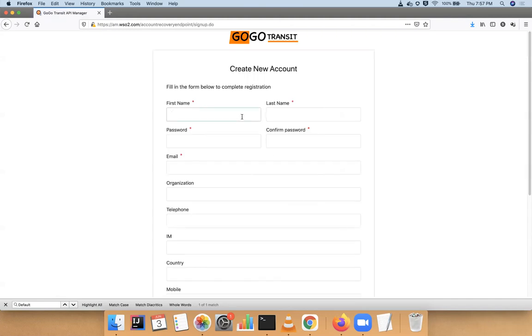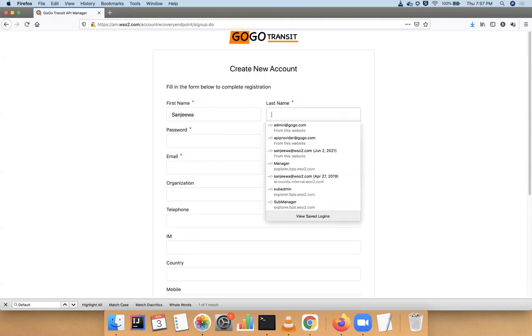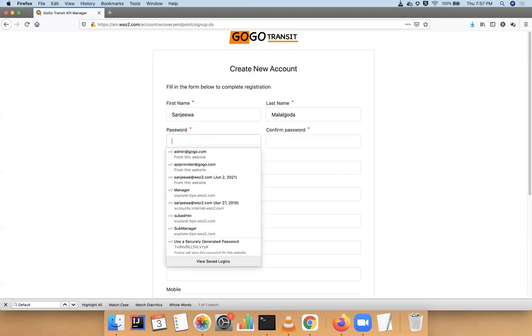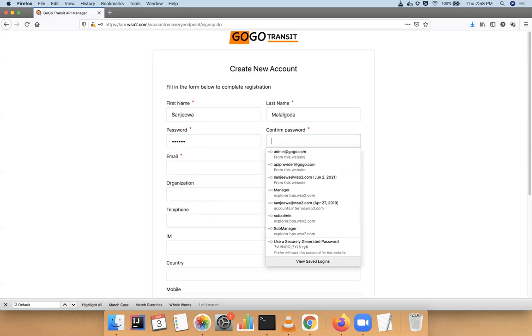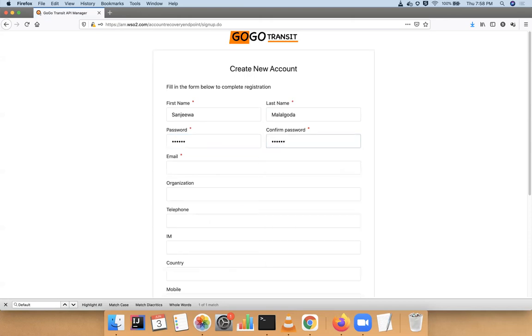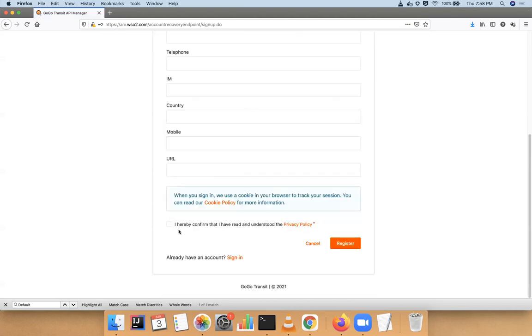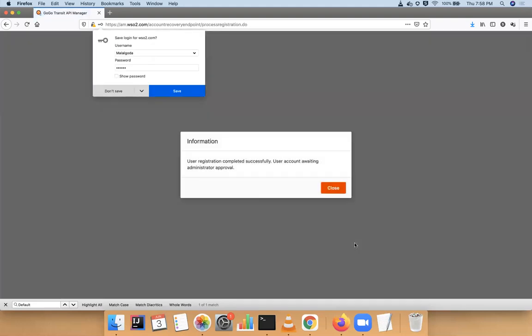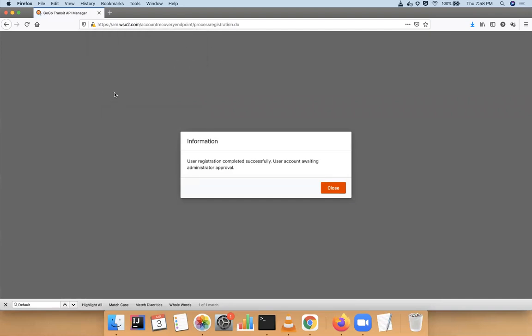Then I can provide my details. Click on the register. Okay, so now you can see user registration completed successfully. User account awaiting administrator approval.